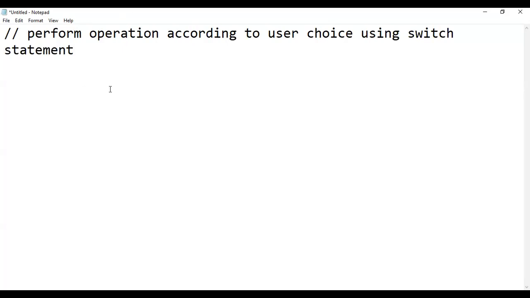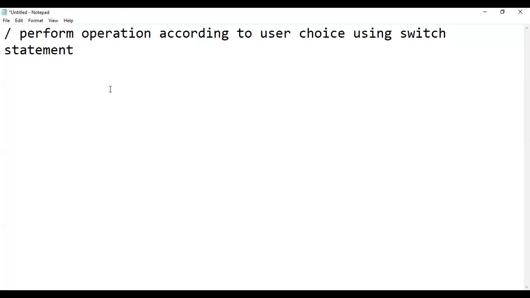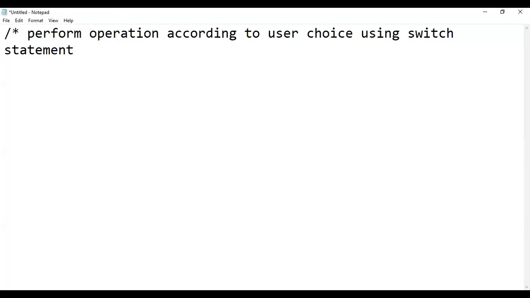We have to use a multi-line comment. So firstly, we will import the scanner class because we want to take input from the user.